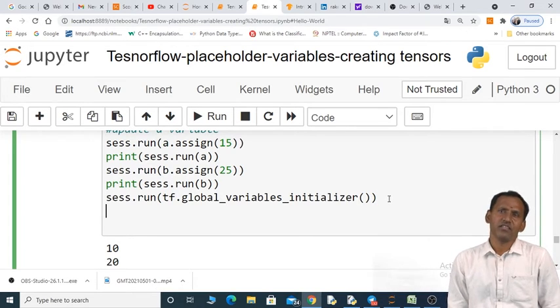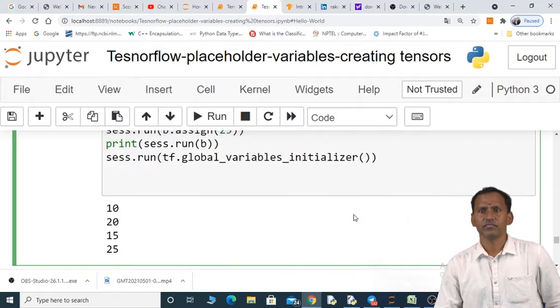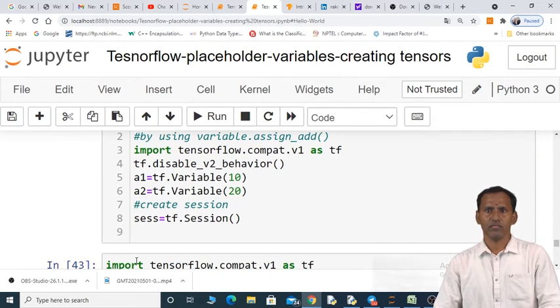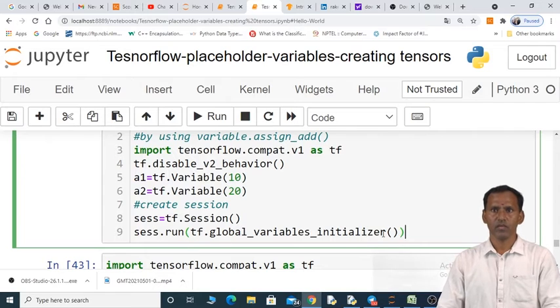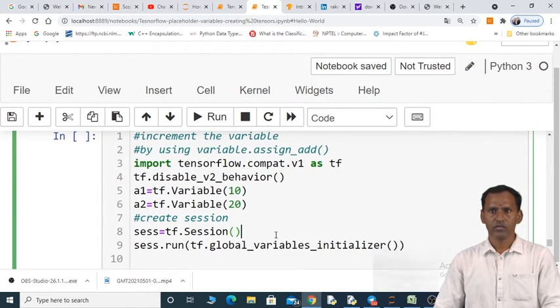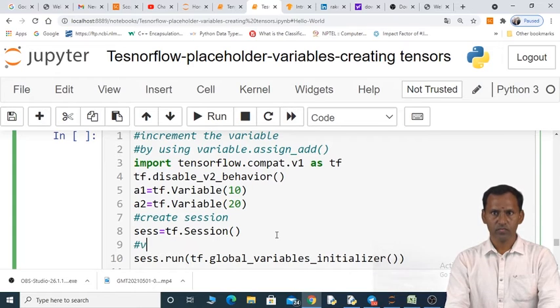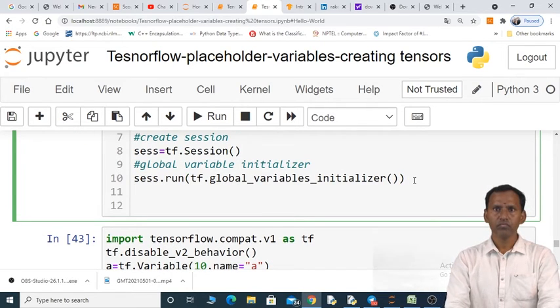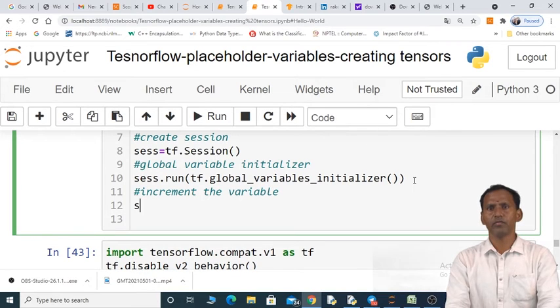Now if you want to increment the value of a and b, this is the global variable initializer. After that, we have to increment it. So if you want to increment the variable, what is the variable name here?